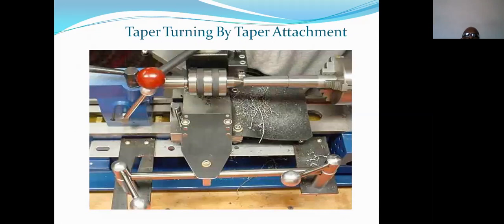Now, how is this attachment used to adjust the position? This side or this angle is fixed, and this side or edge of the attachment has a degree of swiveling. So this is the 0 degree. In order to change it, it may swivel on both sides or on either side.